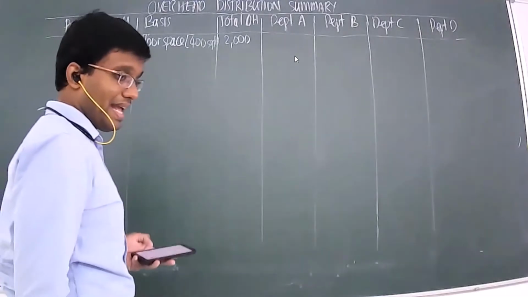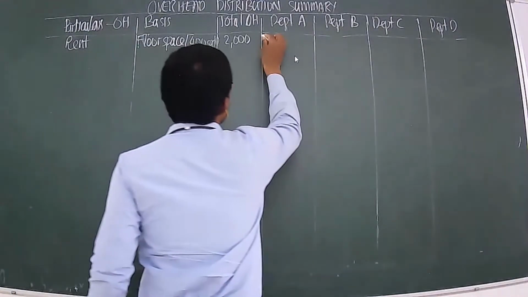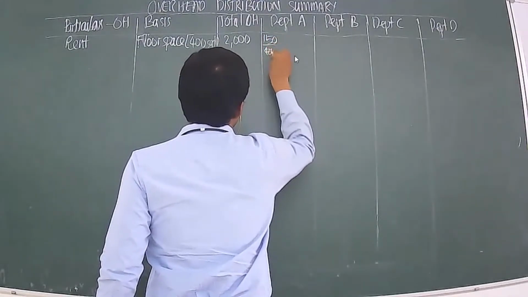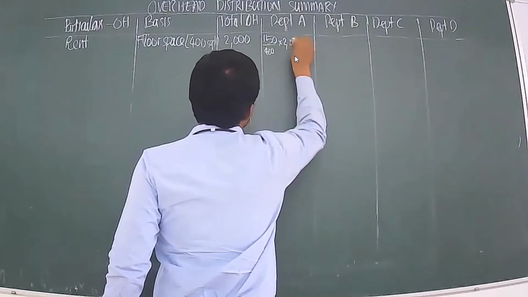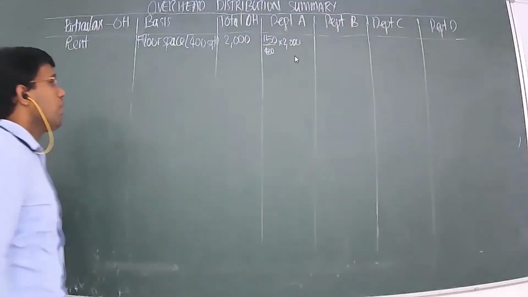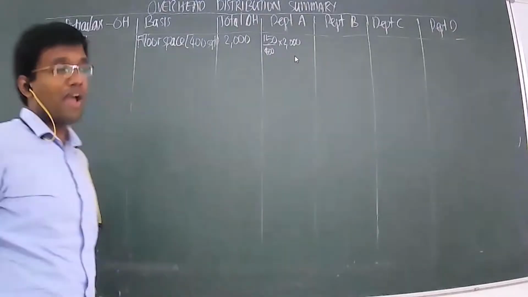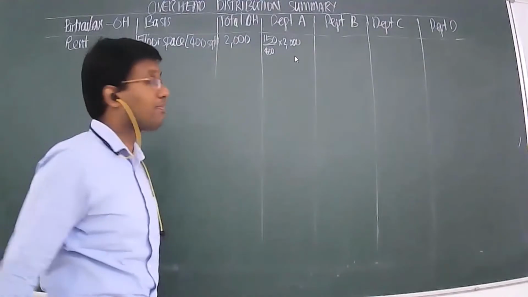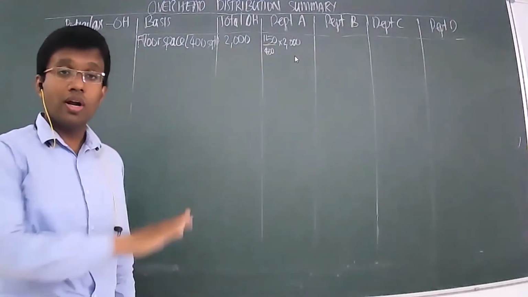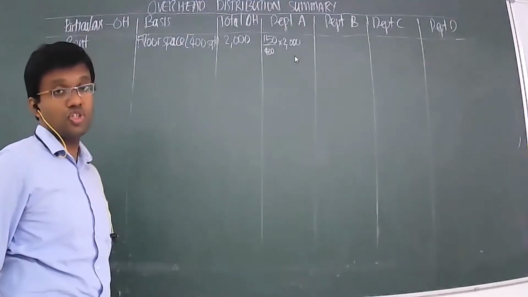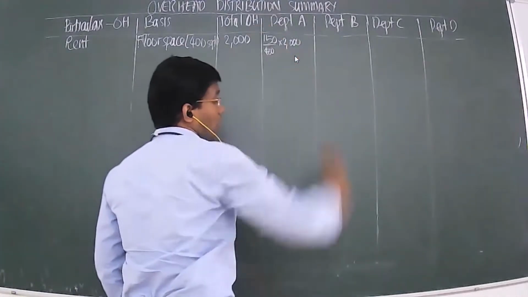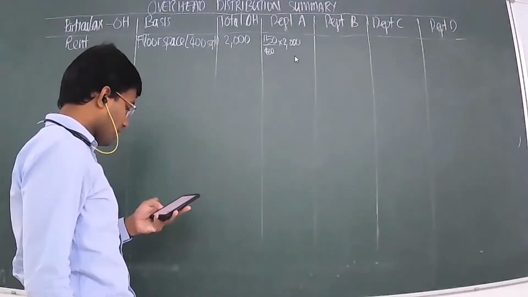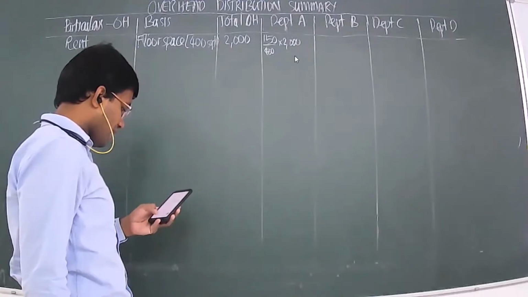So for department A, how will you calculate the share? You will calculate 150 divided by 400 into 2000. Let me explain this to you. 150 is the square feet occupied by department A. 400 is your total square feet. And 2000 is the total rent that you're paying. So when you divide this,